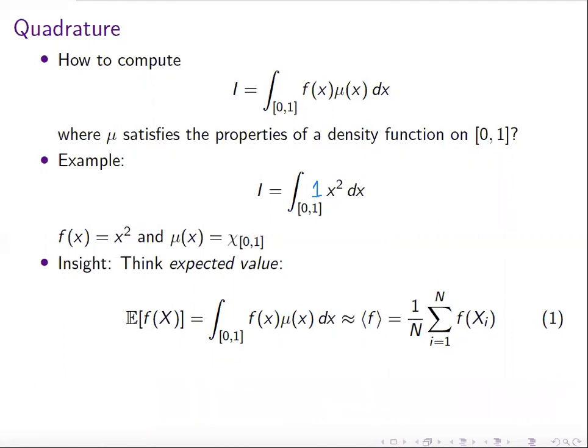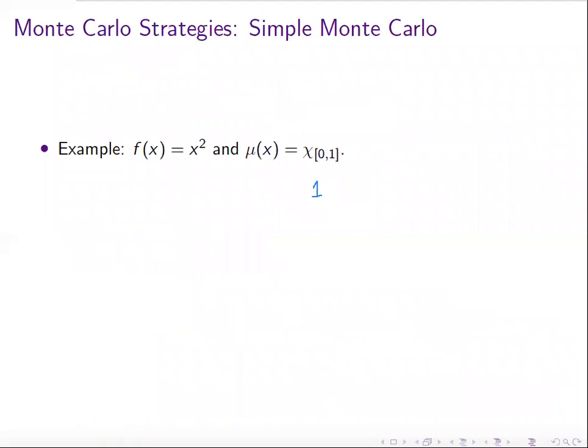So for example, you can have x squared being the function and mu x as the characteristic function being the underlying random variable. And you can generalize this approach to any domain that you're integrating on to integrate any function that you want. So for example, you may have